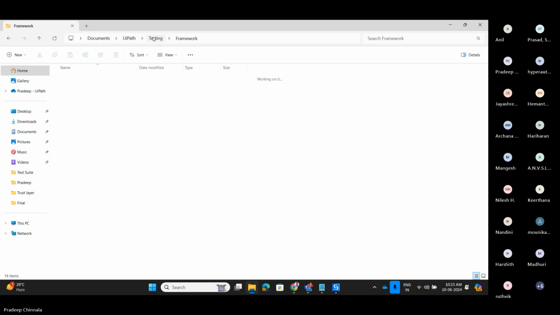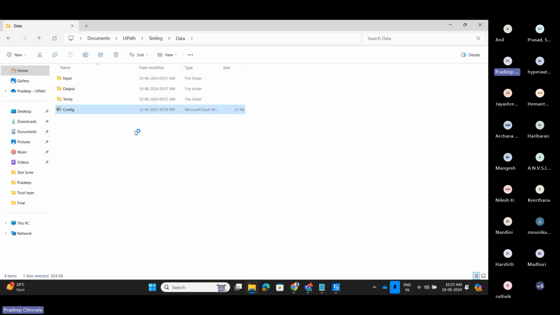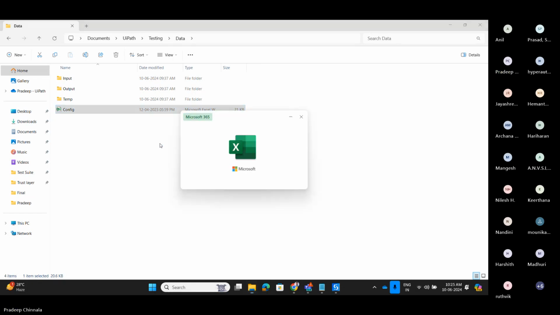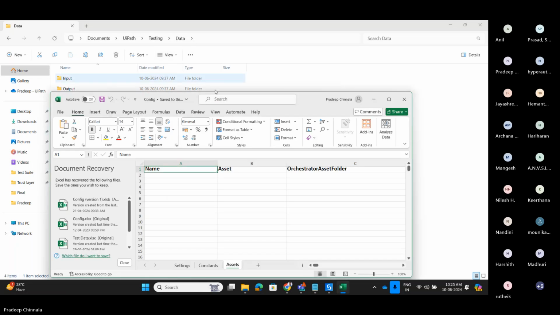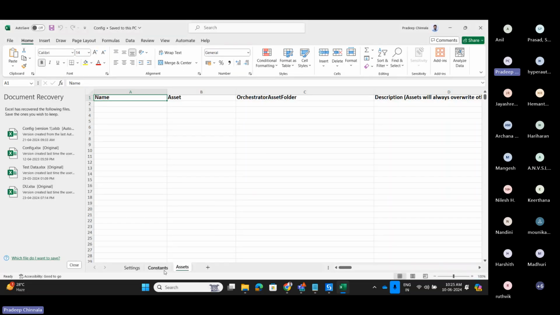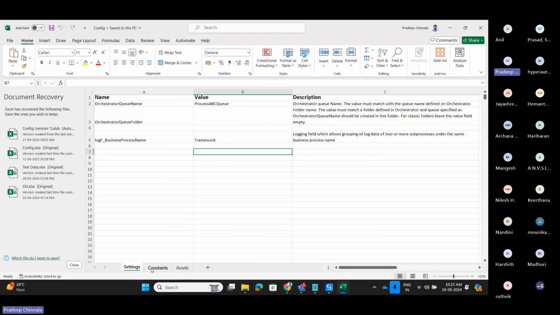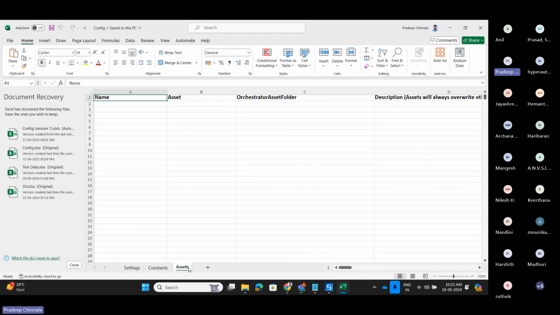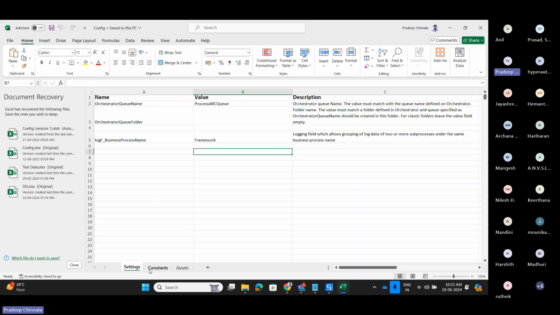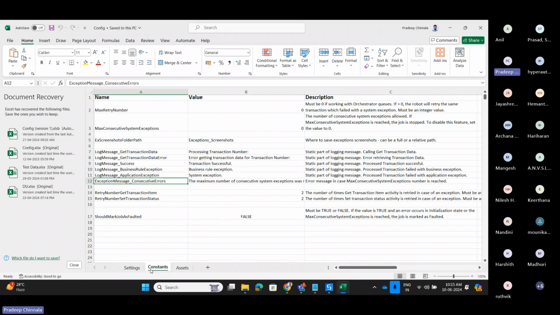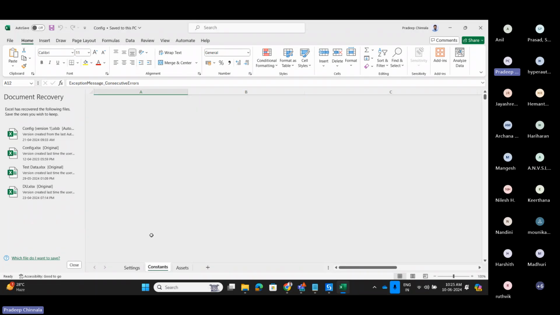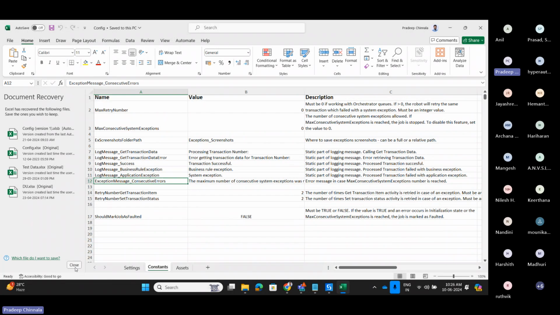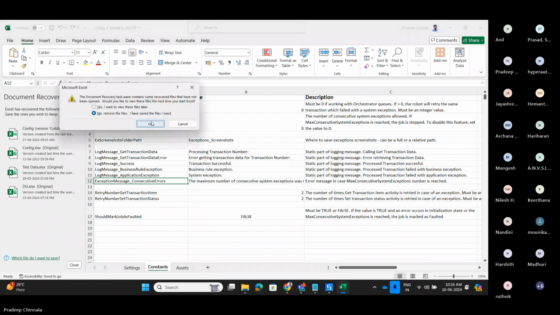And we have data also. In the data we have the config file. Here we have three sheets: settings, constants, and assets. Here we can make the values dynamic. So if you want to make values dynamic, as we discussed, say you want to make the URL dynamic,